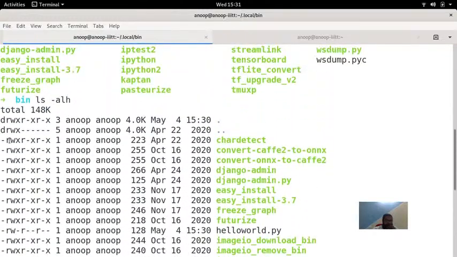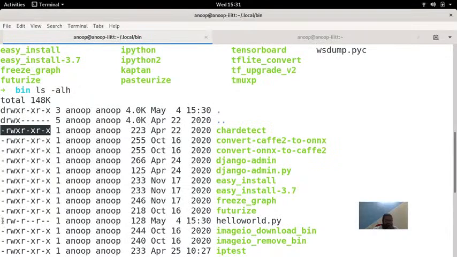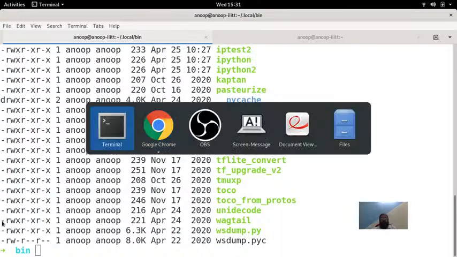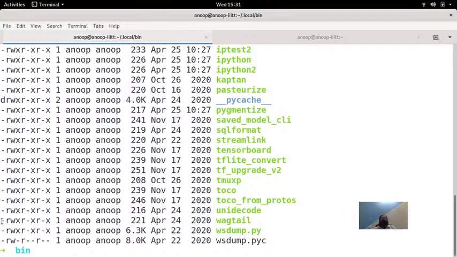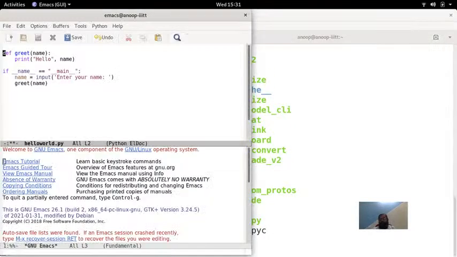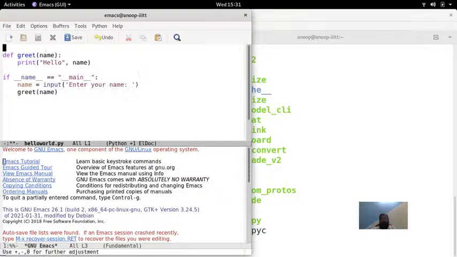From the details of the program, you can see that all these programs are executable files while this program is not an executable file. So what I am going to do is make it an executable file. But then there are certain things that I need to do. So let me do all of those things and show you what I have to do. First is I have to